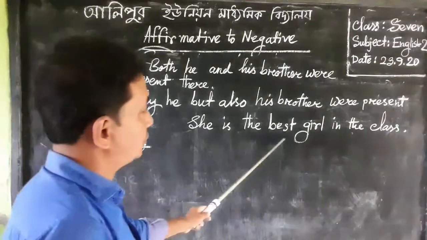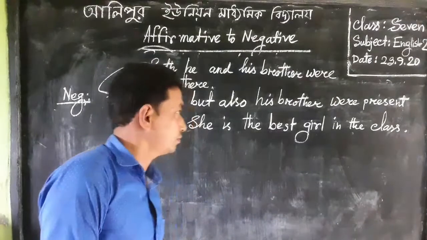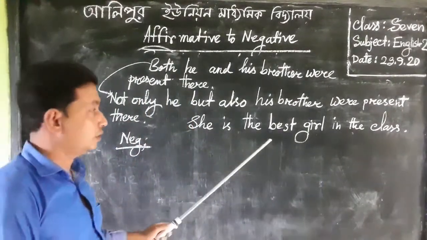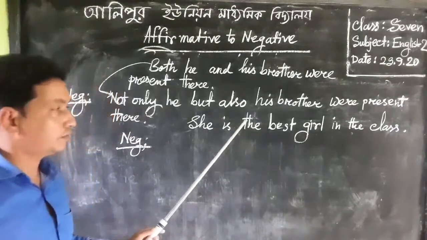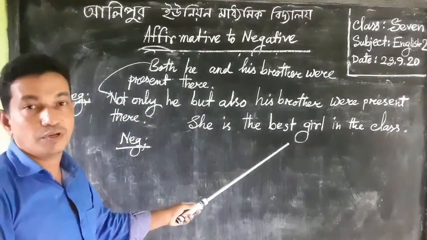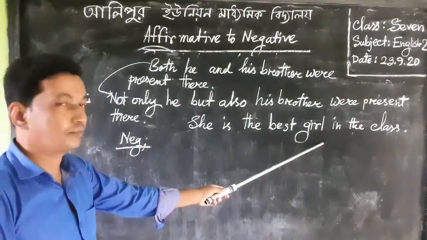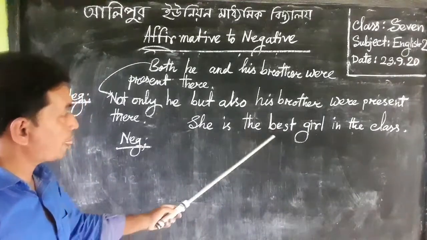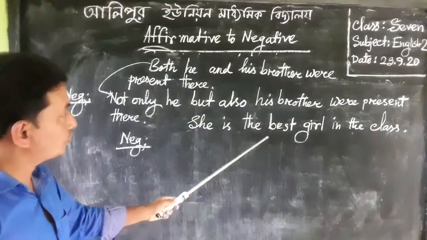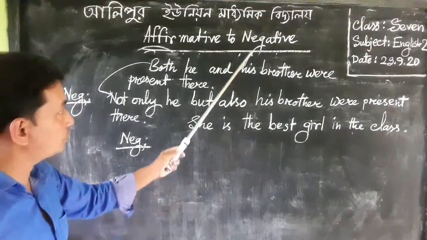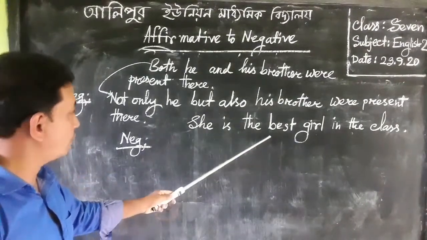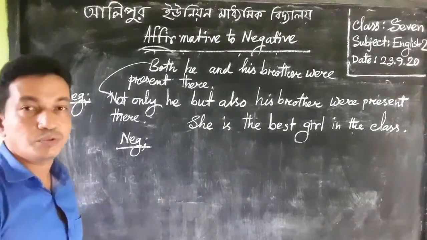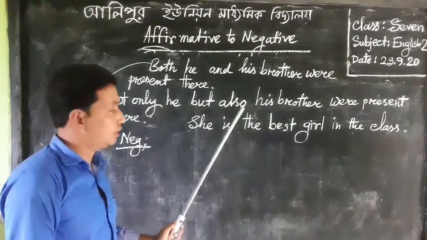She is the best girl in the class. This is an example of an affirmative sentence, and we usually see this type of example in positivity. When we go to change this formula into -1, we should write the sentence into positive degree. Okay, dear learners,